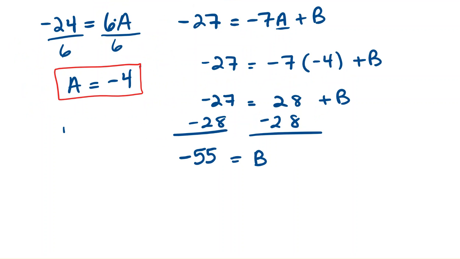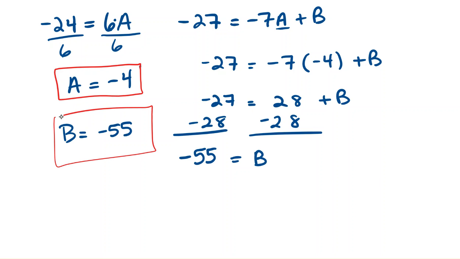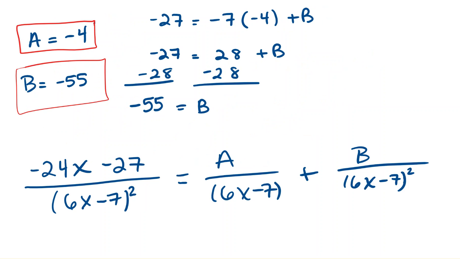So we get a equals negative 4, b equals negative 55. And then just rewriting in the partial fraction decomposition from above, we would get that a is negative 4. And we found b to be negative 55. So our final answer would be